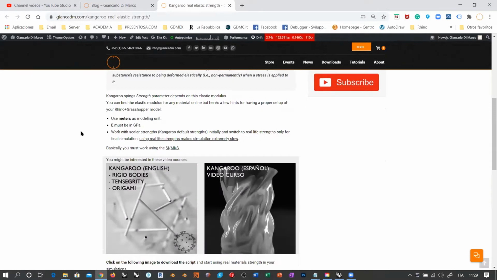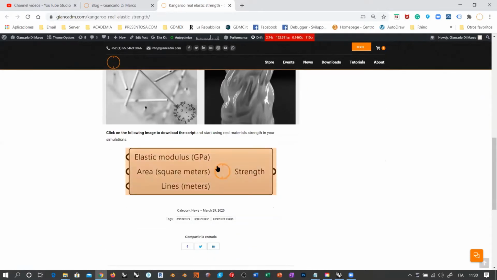Okay, and at the very bottom you will see this image. You can click on it and you will download this cluster that basically allows Kangaroo to perform a realistic simulation according to the material that you want to use and to the actual geometric properties of your structure. So let me,